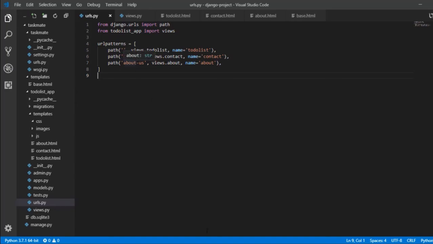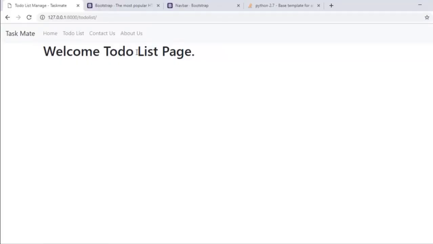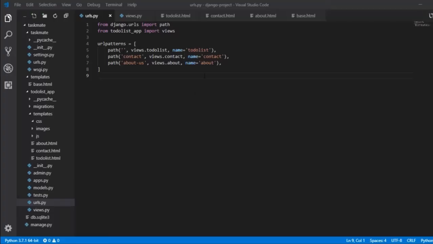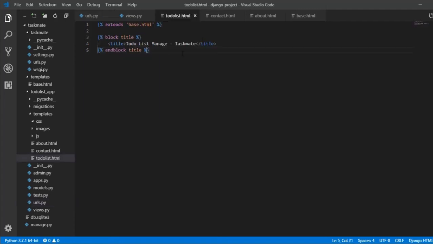So now the link is changed, but we don't have to worry. If I just refresh this one and go to my about us page now, you see it's working fine, and we don't have to worry because this is dependent on this particular name. So that's how our templating inheritance works. That's how our Jinja works, and it is really important for us to understand.